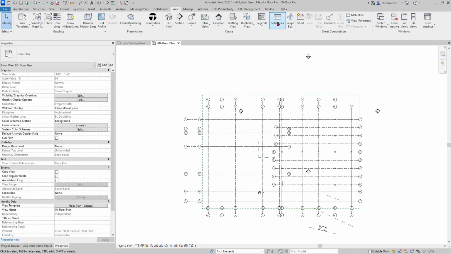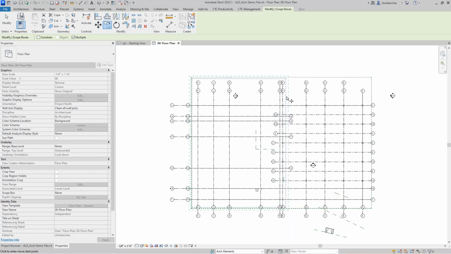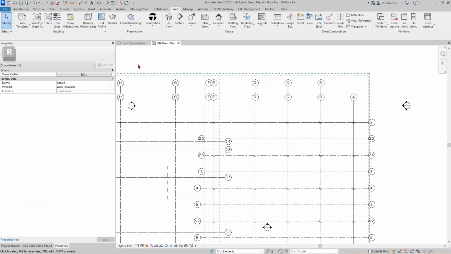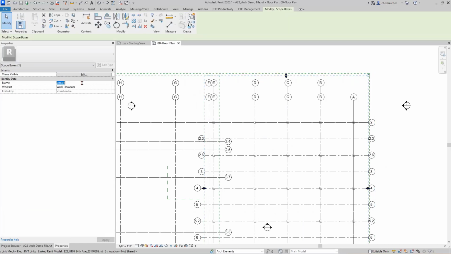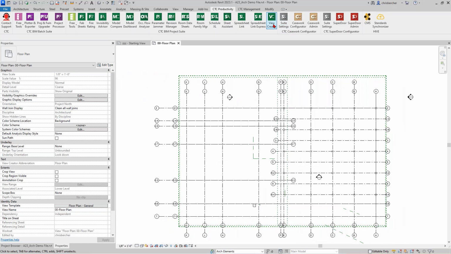I'm going to do 2 more because I want an area A and an area B in this case. We'll keep it simple. I'm not going nuts. Obviously, if you need more, make more. And area B, perfect. So now I'm going to pop back into View Creator